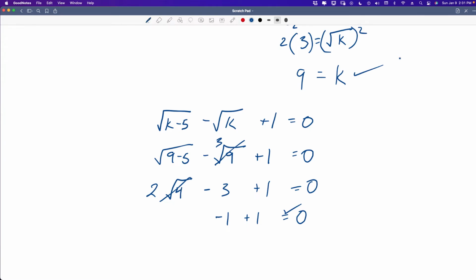All right. Let's do one more just to make sure we've got the hang of it. I'm going to let you guys try this one. This is 77.3. We have the square root of x minus 8 plus the square root of x equals 2. So I would like for you guys, or you ladies, to pause the video, solve for x